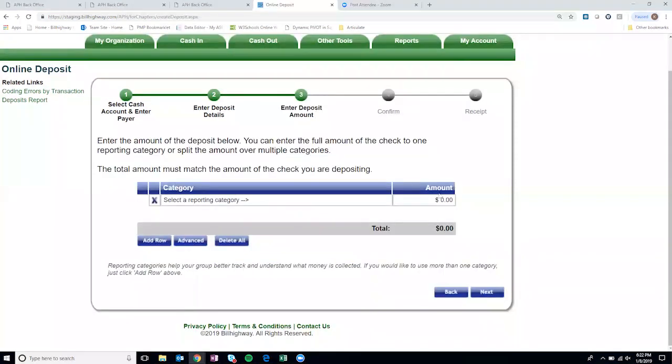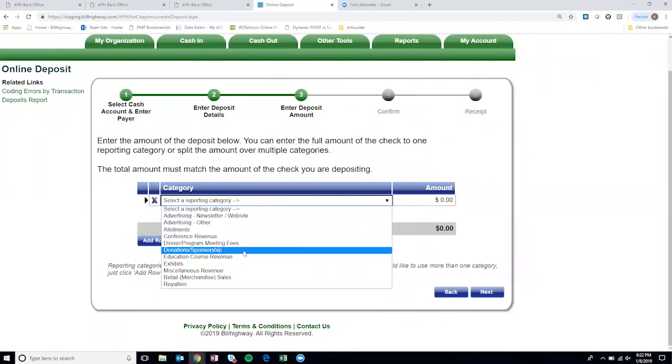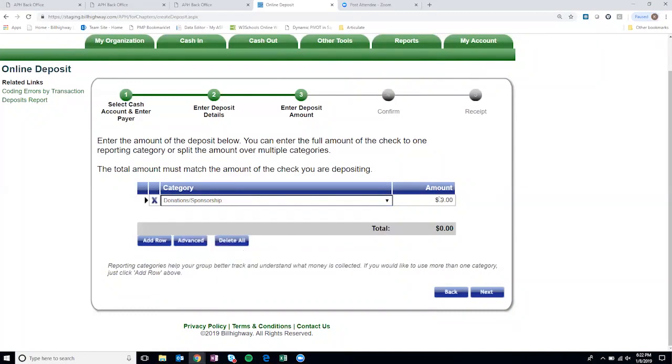Then on the next page, we're going to enter in the actual deposit amount. So this is how much that check was actually written for, and I need to code it towards a reporting category. Now this is important for my budget, so I know exactly why we're putting this money into the account. When I click in this box, a drop-down will appear where I have multiple categories that I can actually code this towards, whatever it was for. I'm going to use donations as an example, and I'm just going to say it was $25 is what the